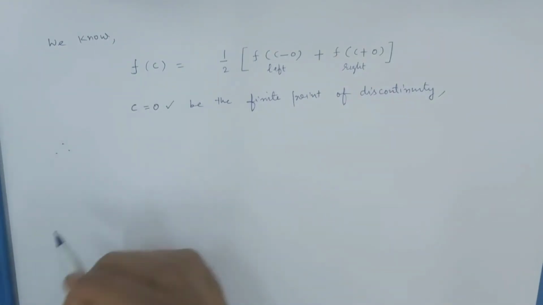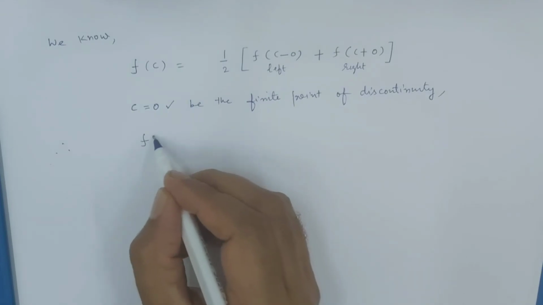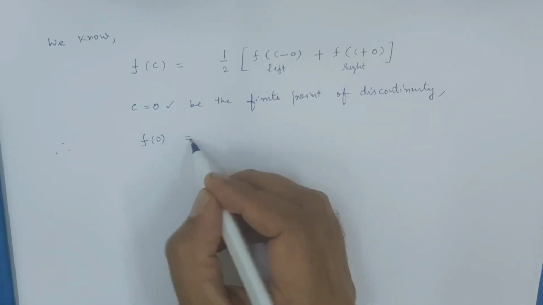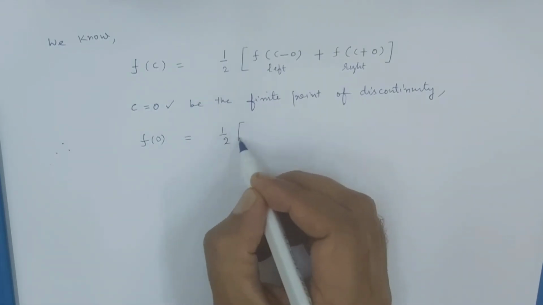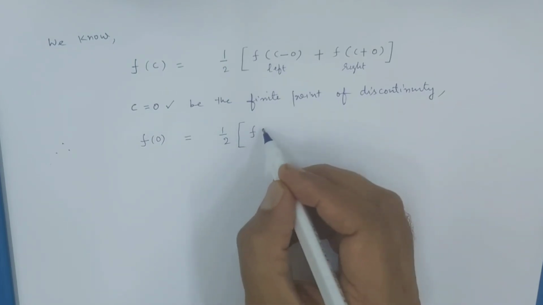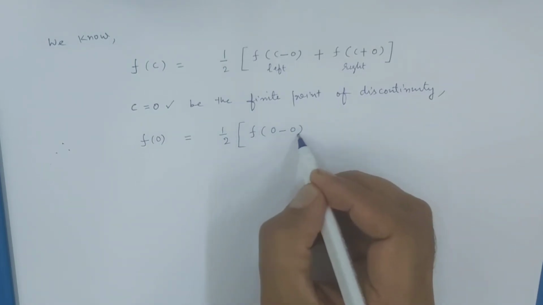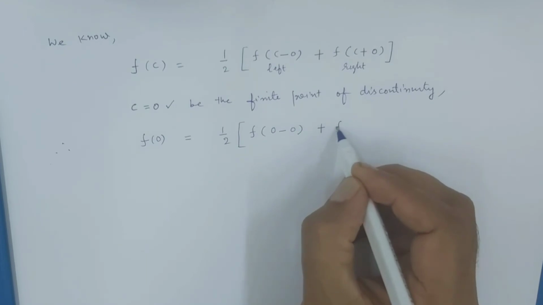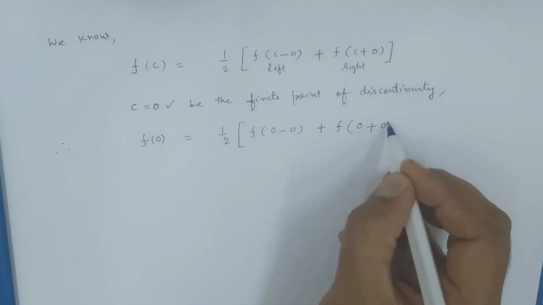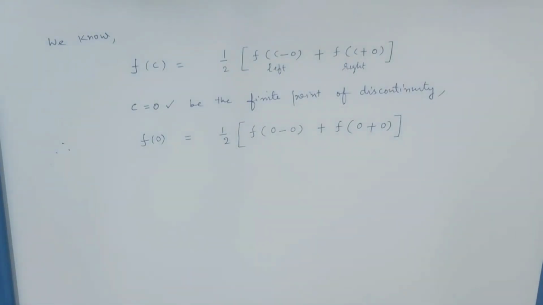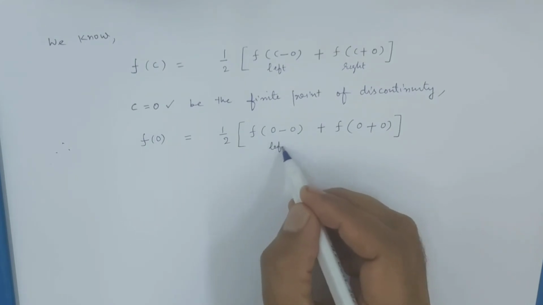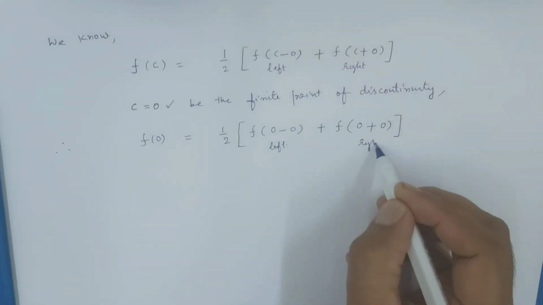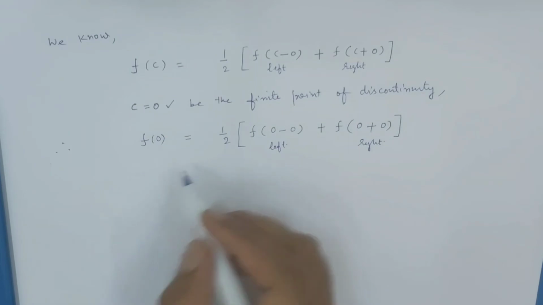So therefore we get f of 0 equal to half of f of 0 minus 0 plus f of 0 plus 0. This is left-handed limit, this is right-handed limit. So now